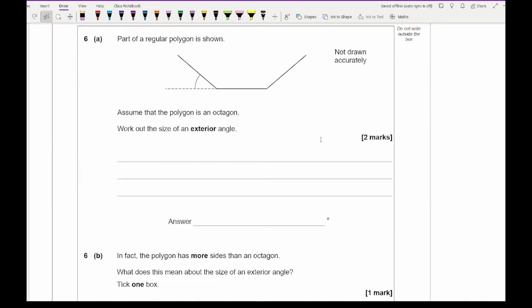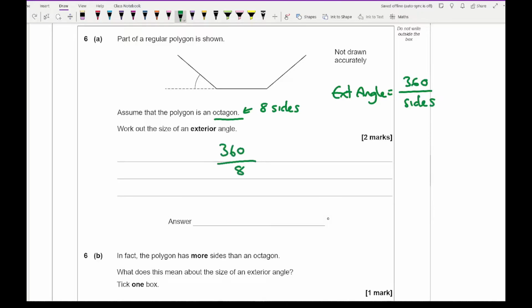Moving on to question 6, it says part of a regular polygon is shown. Assume that the polygon is an octagon. Work out the size of the exterior angle. Well, an octagon has got 8 sides, and the formula for an exterior angle is 360 divided by the total number of sides. So for this I'm going to do 360 divided by 8, which gives me an answer of